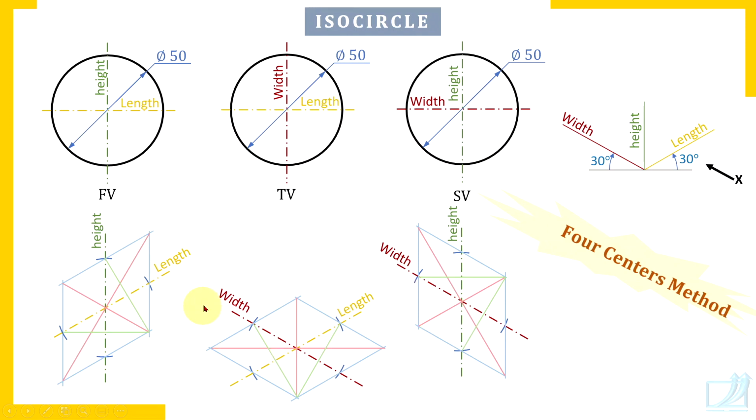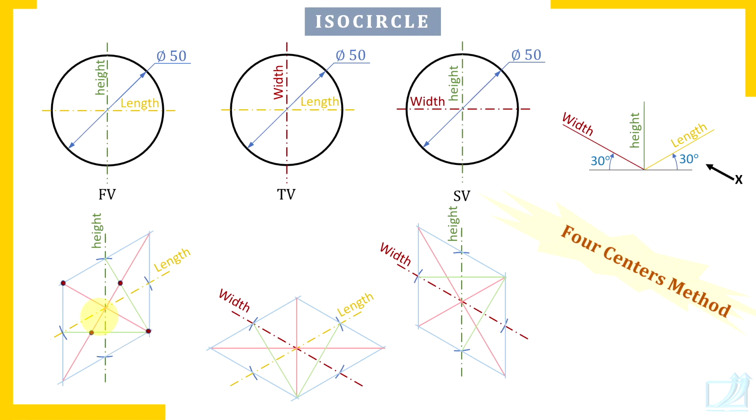Now this procedure of drawing an isocircle, that is an ellipse for a circle in isometric view, is known as the four centers method. So there are four centers involved. Using each of those centers, we draw four circular arcs which are tangent to each other. So which are those four centers? Try to understand. Four centers now I am showing you. Two of those four centers are ends of the shorter diagonal. Check here. Ends of the shorter diagonal.